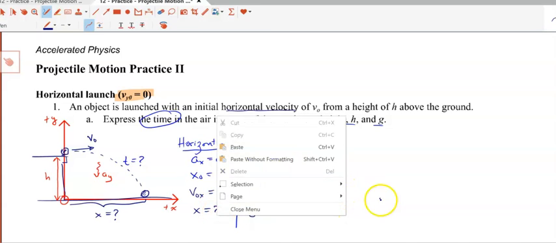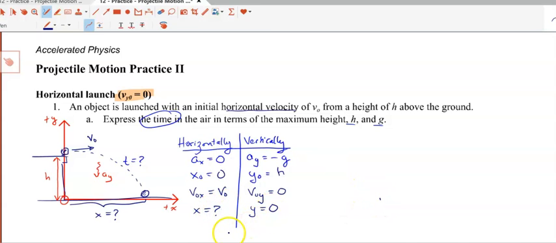Whoops, I keep on pressing the button here. Next, we don't know what the time in the air is. In fact, that's what we're solving in part A. Okay, so once we've established all the knowns and unknowns, then the next thing is to